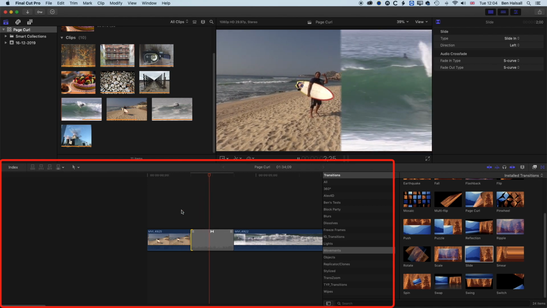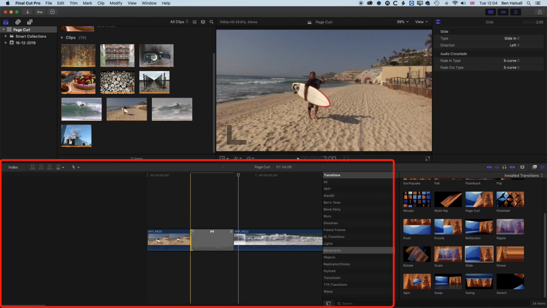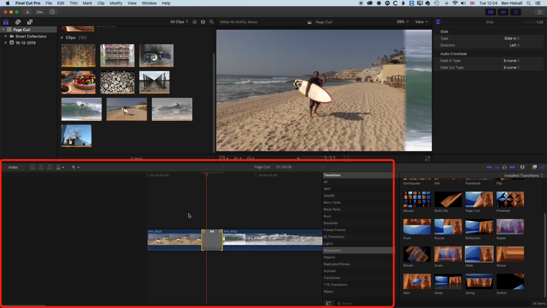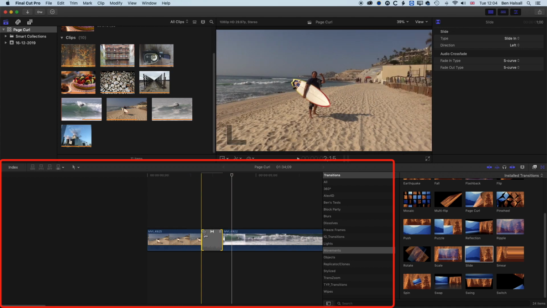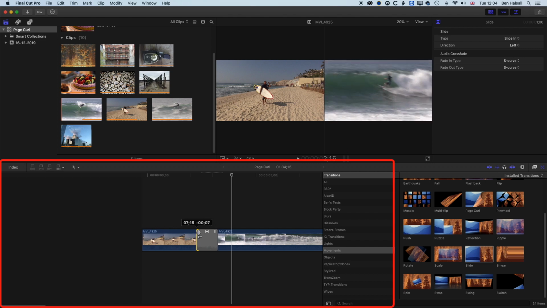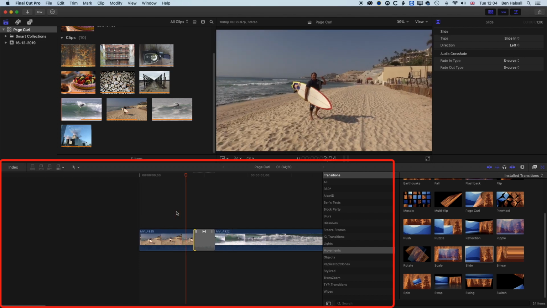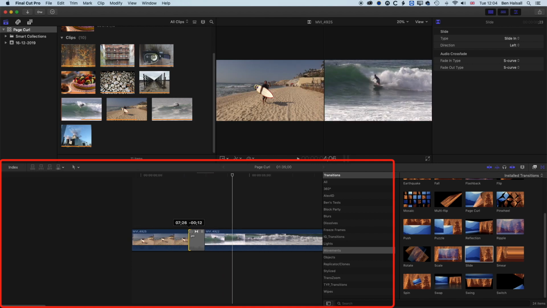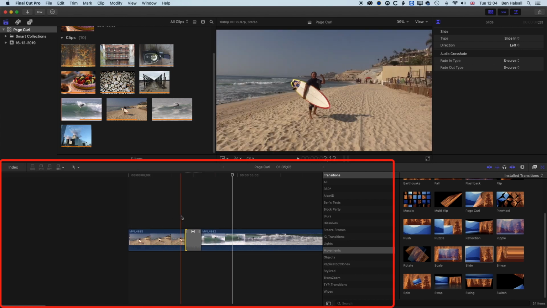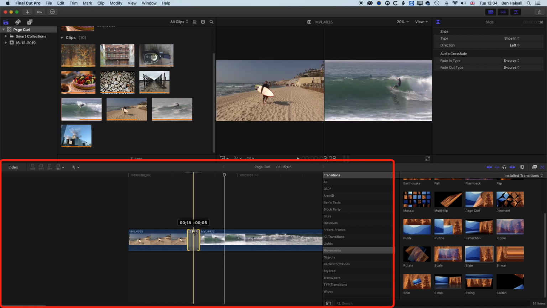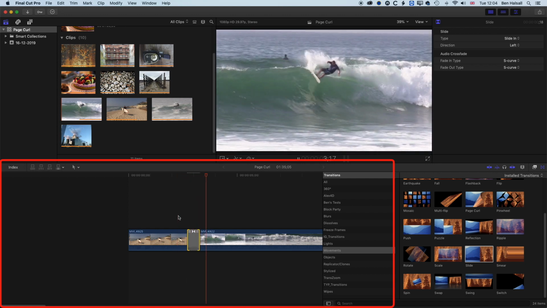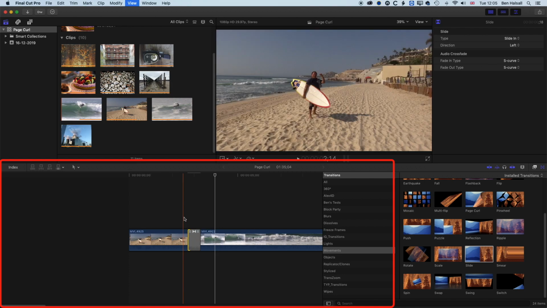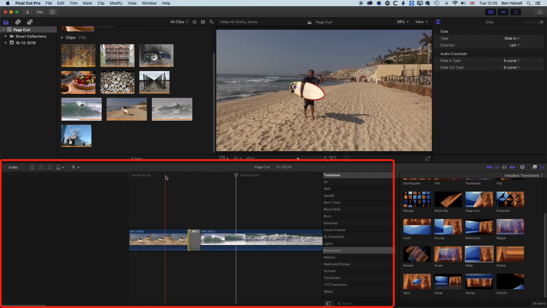So timing and speed is everything in your transition. And I'm going to shorten this as well. This is 2 seconds long, which is a little bit too long. Okay, and now we'll come back a little bit. So you can see we're trying to get the movement to match that surfer coming in. So I'm going to actually come back a little bit more. And we'll trim this down,